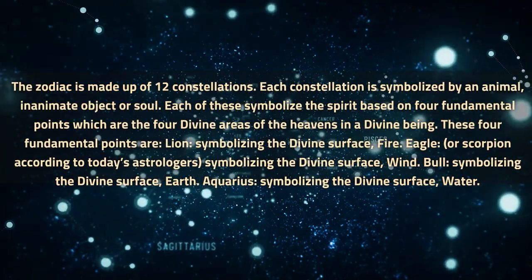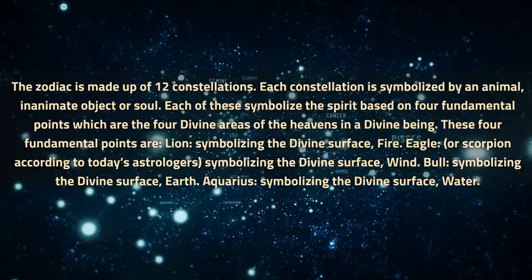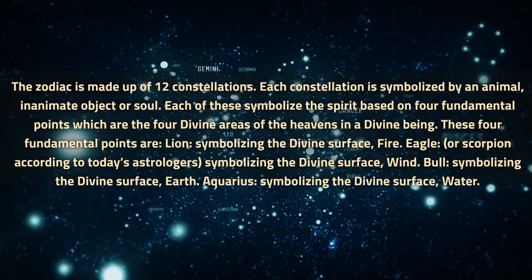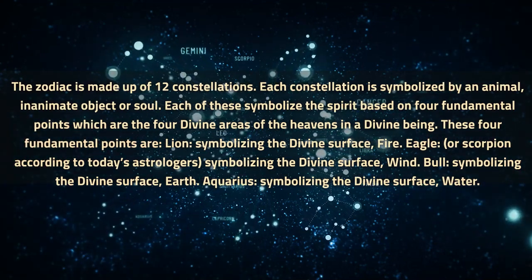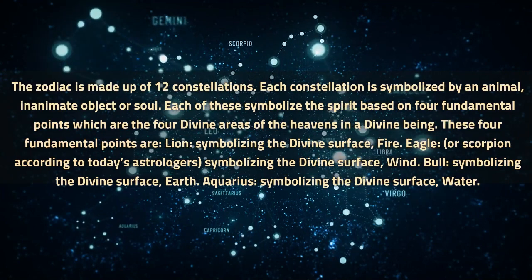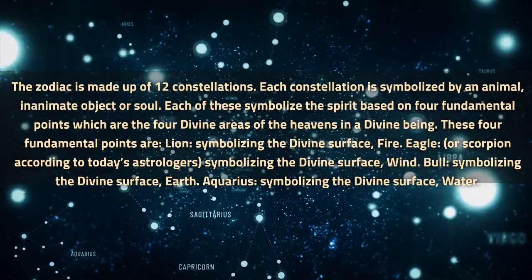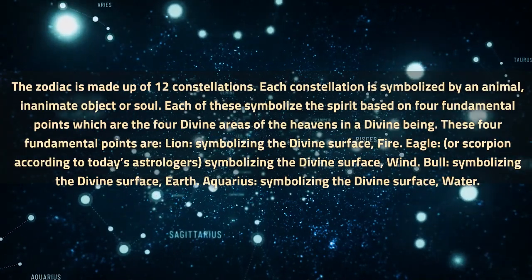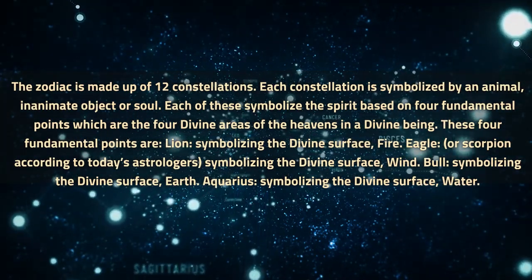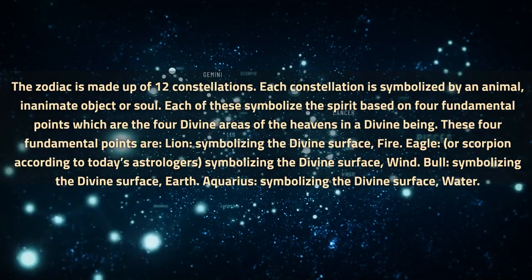Each constellation is symbolized by an animal, inanimate object, or soul. Each of these symbolizes the spirit based on 4 fundamental points, which are the 4 divine areas of the heavens in a divine being. These 4 fundamental points are: